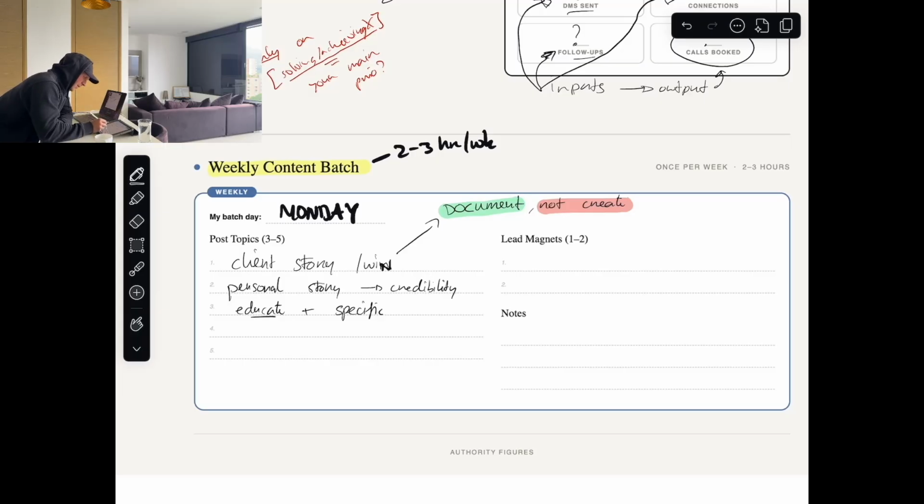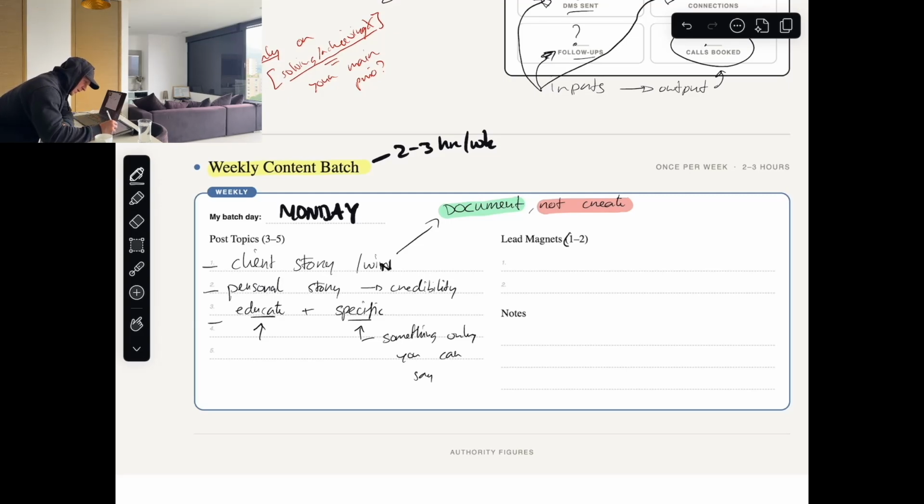So I still educate my audience, but it's so specific because it's done through the work. Like it's something that only I can say. So whenever you educate your audience, make sure it's always specific and something only you can say. So sit down on Monday, write this post, write this post, write this post, schedule them,